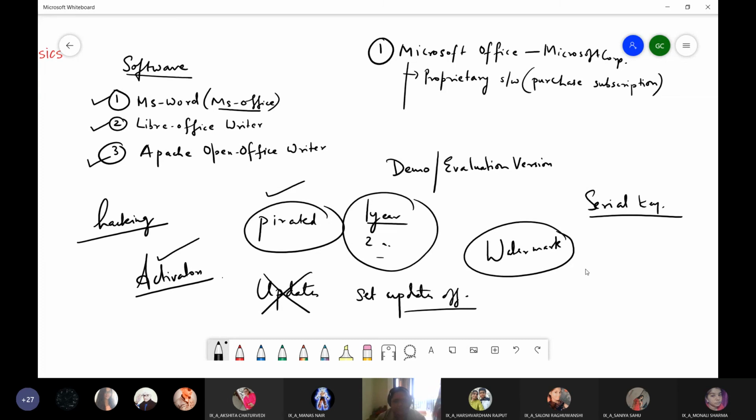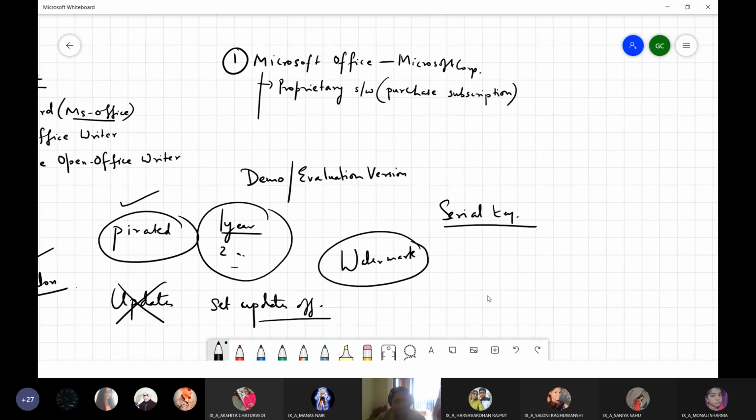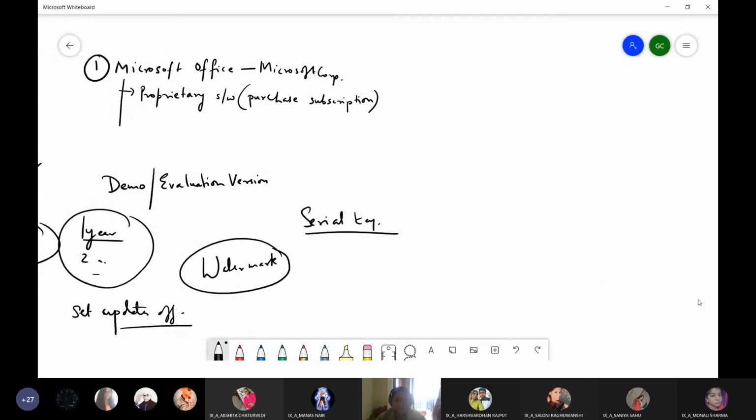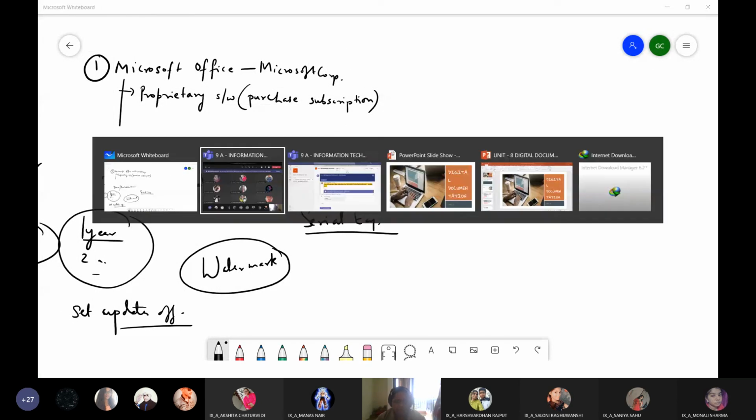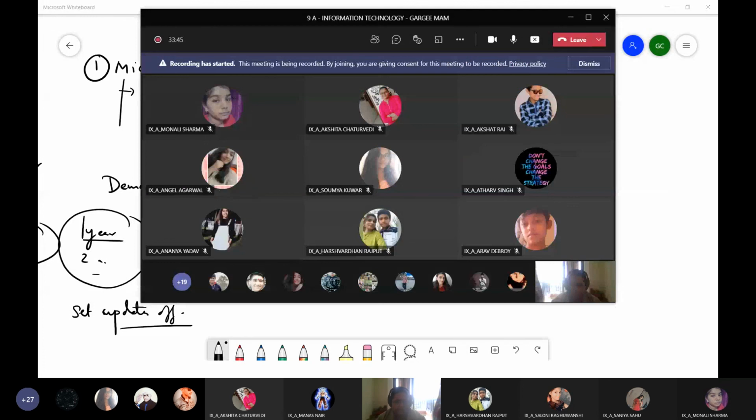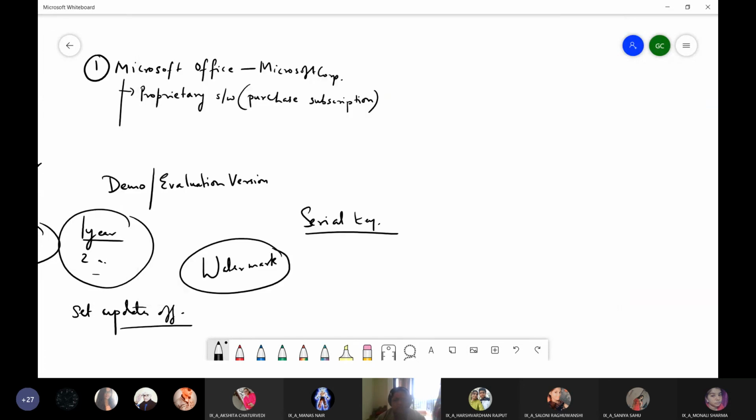This Microsoft Office is a wonderful software, but it is proprietary. You have to purchase it. I hope you all understood about this proprietary software thing. Not only Microsoft, but there are other softwares also, like Adobe Photoshop, Adobe Creative Cloud Suite, okay, the complete Adobe package, which comes with,